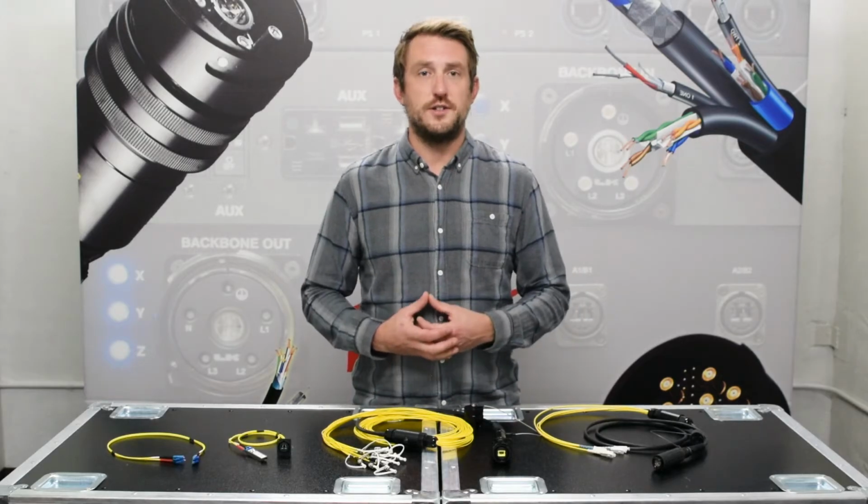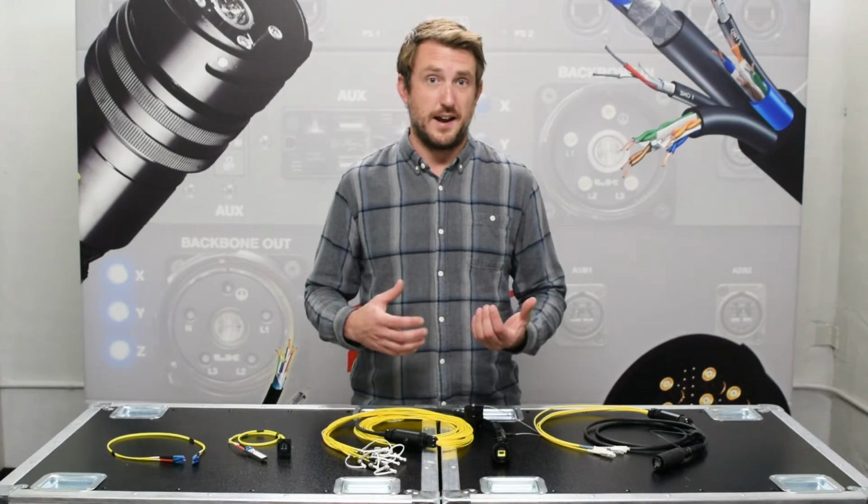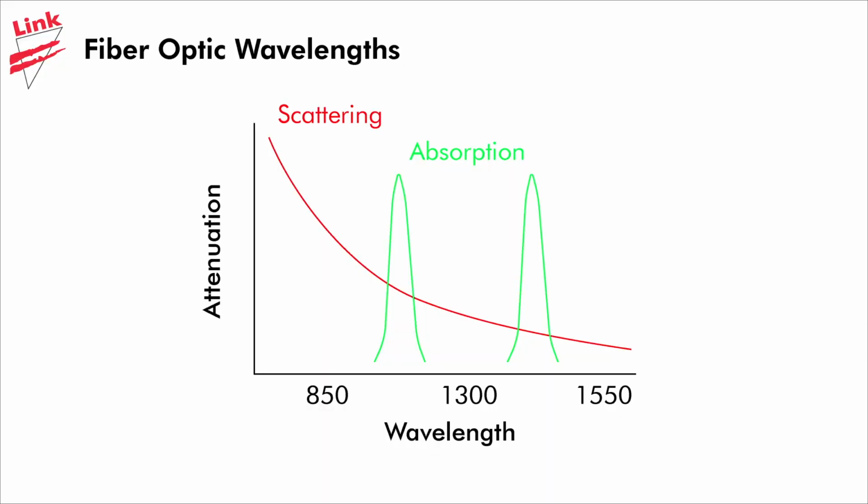This attenuation is caused by either absorption or scattering. Absorption is caused by small amounts of water vapor and trace metals present in the glass absorbing the light, with most of this happening at specific wavelengths known as water bands. Then, scattering is simply caused by light bouncing off atoms or other molecules in the glass and escaping the core. This then also means there's a direct relationship to wavelength and attenuation, with shorter wavelengths having more attenuation than longer